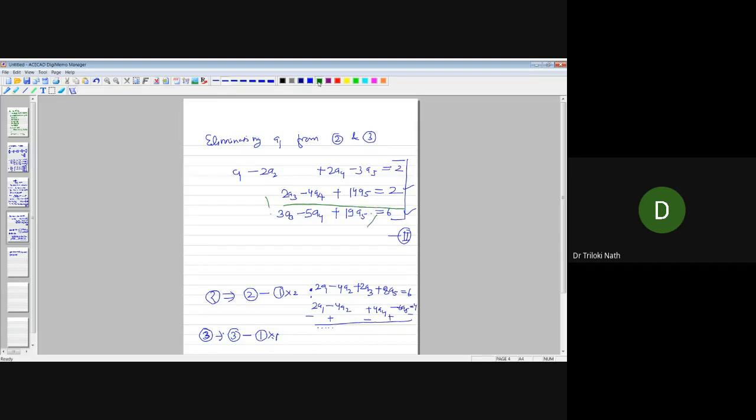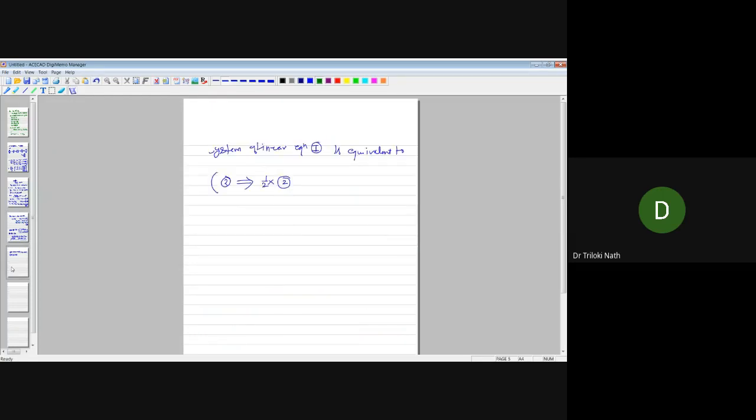You see this equation: here it is 2, here it is 4, here it is 14, here it is 2. So you can divide the whole equation by 2. Let us come to this page again. That is what we are going to do. In matrix format, the second row is going to be replaced by half into R2.